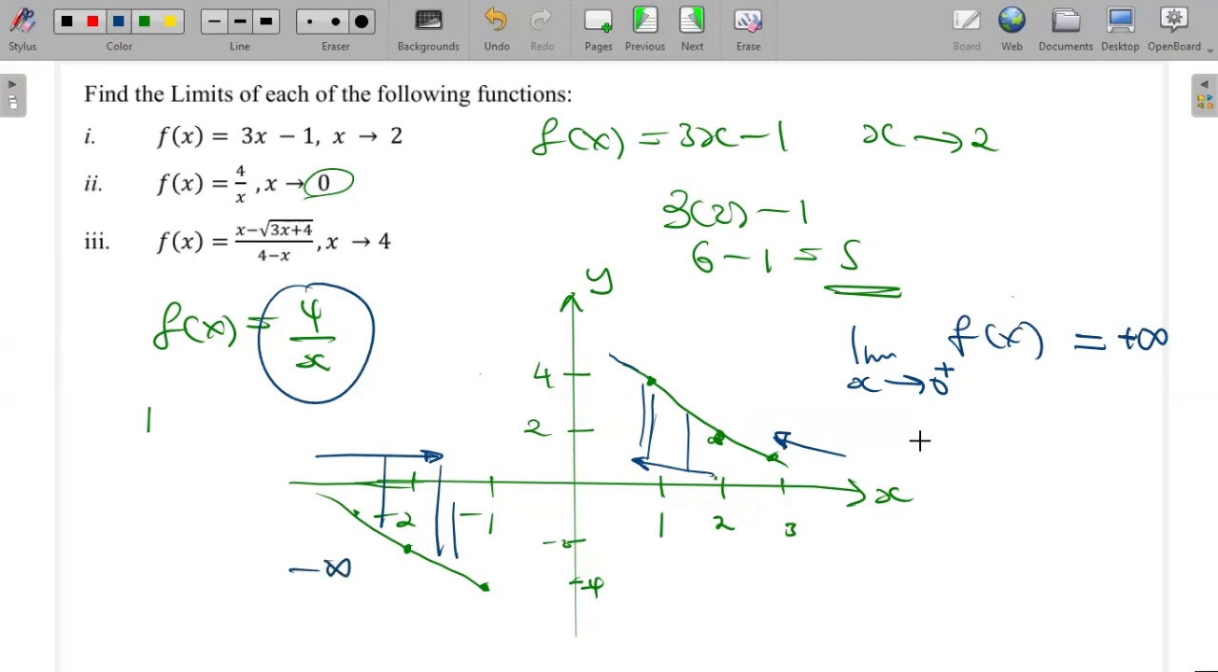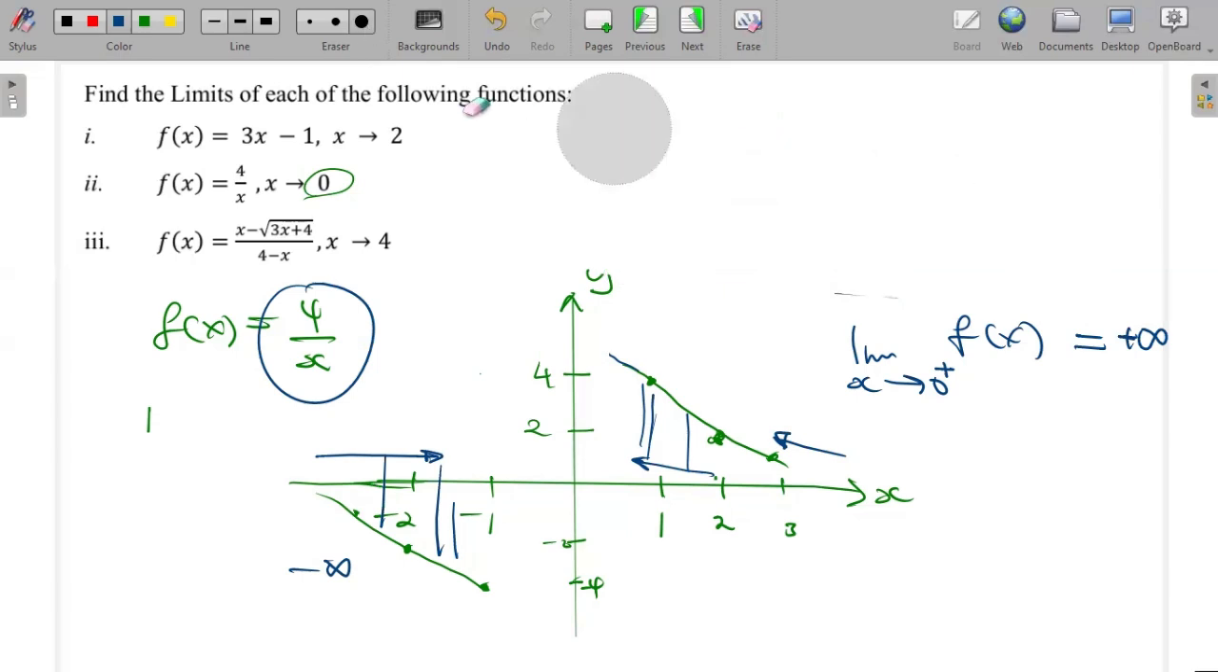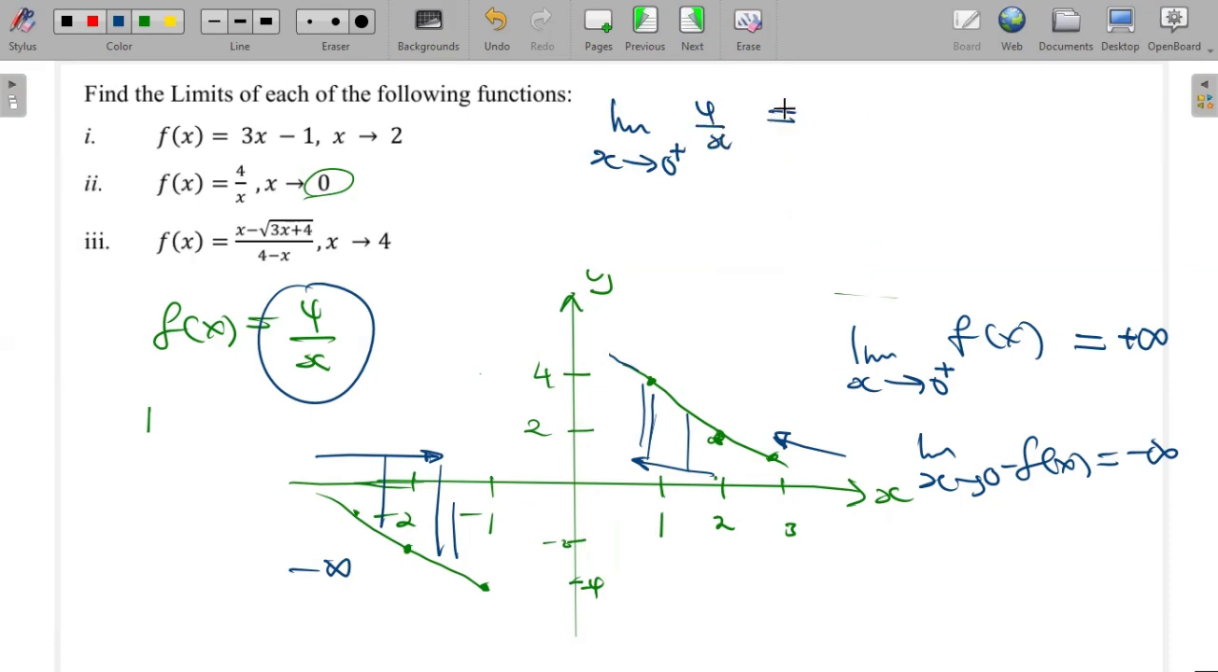Negative what? Infinity. So the left-sided limit, let me erase here. The left-sided limit, as x approaches 0 from the left, of f of x is just equal to what? Negative infinity. So in short, the limit as we approach 0 from the positive side of 4 over x is not equal to the limit as we approach from the left